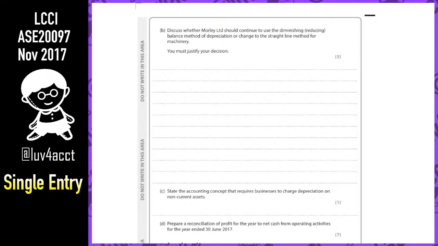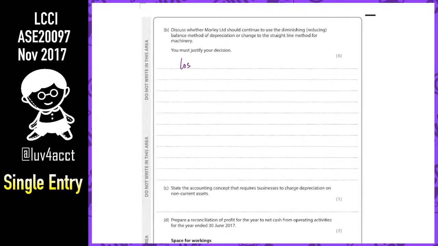So for this part, we have to think about a change, whether it is okay for a change. Is it good to use diminishing balance method? First of all, I think when we look at the machine, it is okay for you to use diminishing balance method, because maybe in the first few years you will use it more, so it will be depreciated more. When your machine loses value